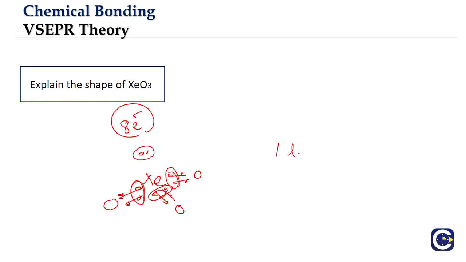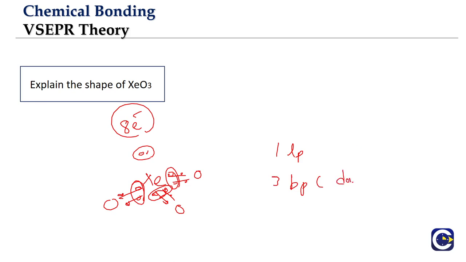So we'll have 1 lone pair, and see, each double bond pair, we already talked about it. Are we going to count it as 2 bond pairs? No, we only count it as 1. Even if you have a triple bond, we'll count it only as 1 position. So we'll have 3 bond pairs.